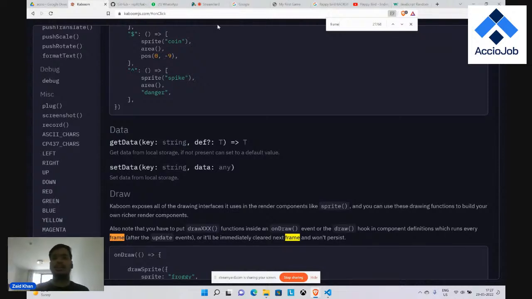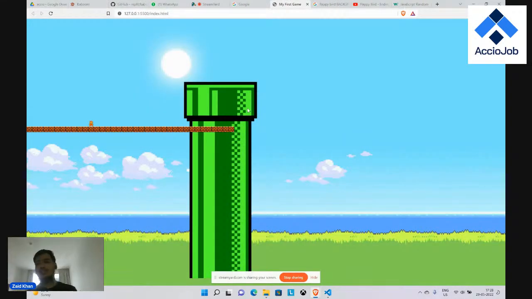In the same fashion, in this whole game, it has 60 frames per second. So every second, that update, or all those methods, will be called 60 times in a single second, depending on the frame rate. You can define that as well. There is a parameter for that. So yeah, a frame is nothing but